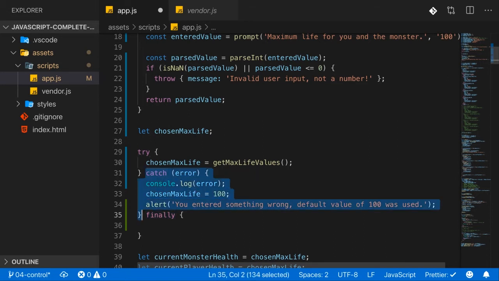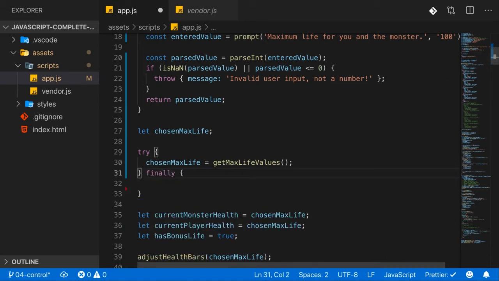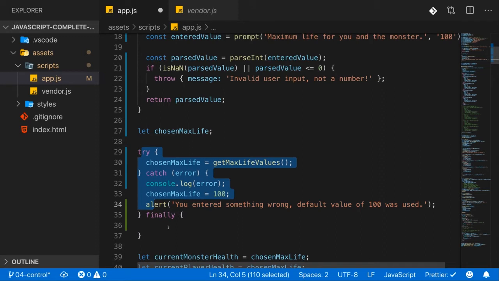You don't need to have catch. You can just have finally here. You need to have try though. Try catch without try doesn't exist. But you can also have try catch finally. And the idea is that the code inside of finally will now always execute no matter if you had an